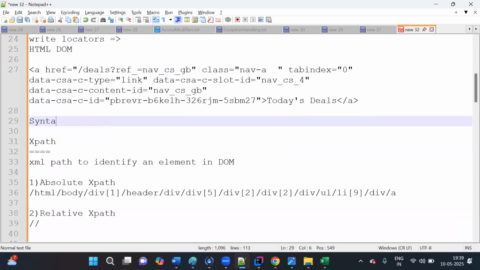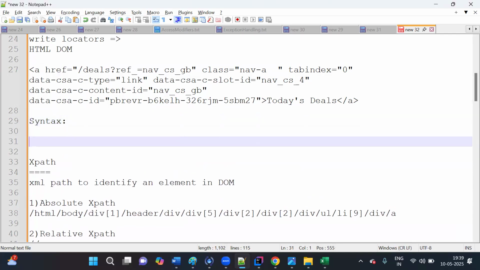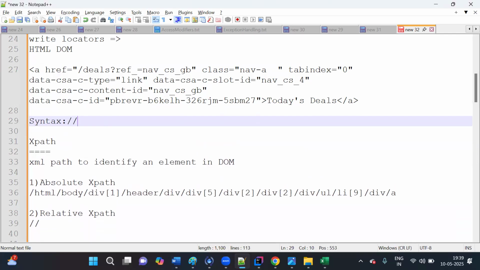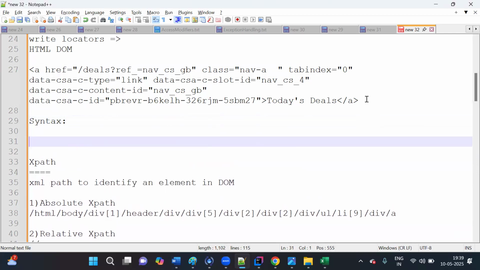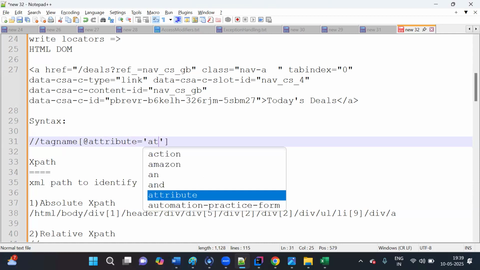There are many ways to write XPaths. One of the common generic syntaxes is slash slash tag name at the rate attribute equal to attribute